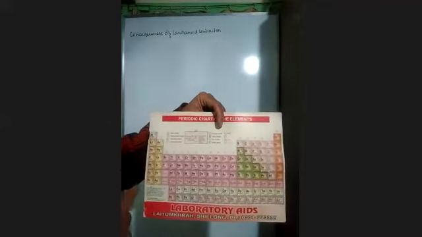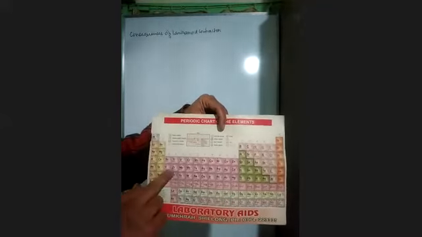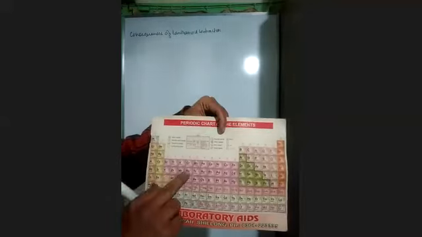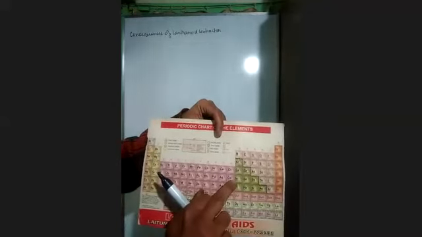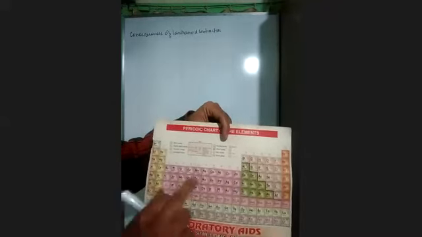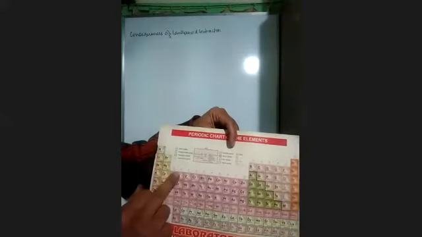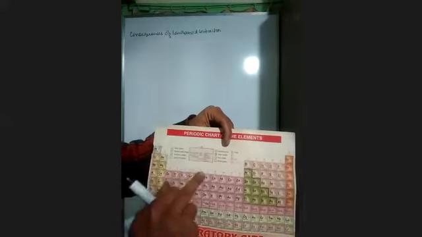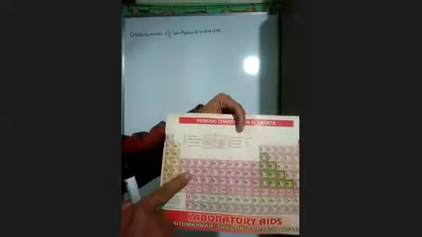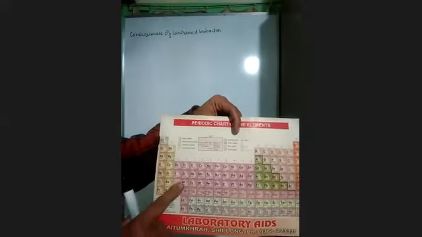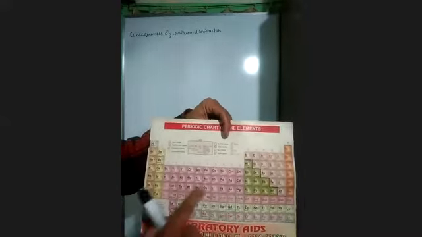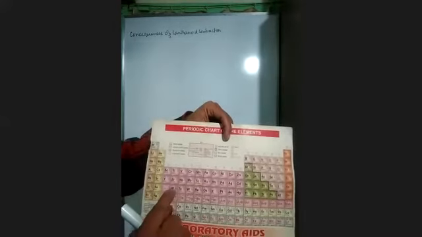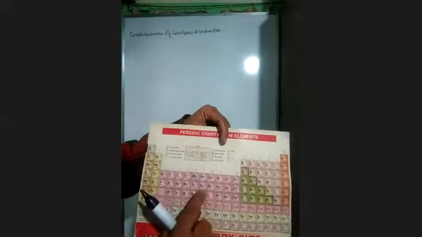So in this case, you will find the atomic radii of the second series of d block elements are larger than the first series. But when you go to the third series, this one, you will find it very strange. The atomic radii are almost same or smaller than